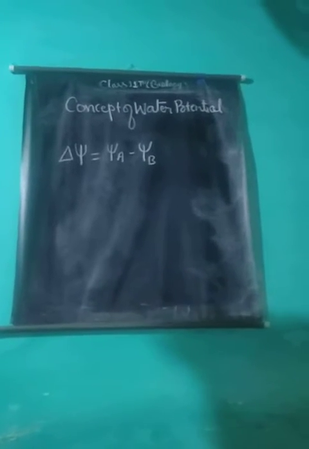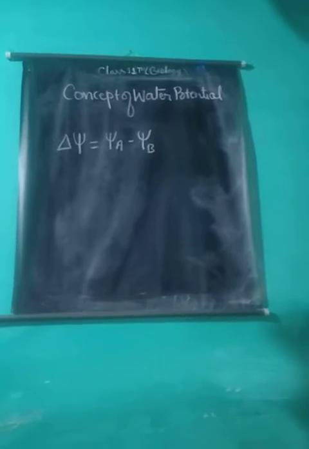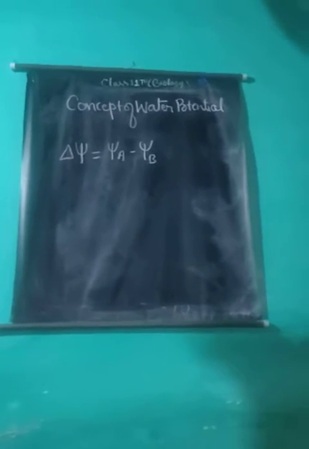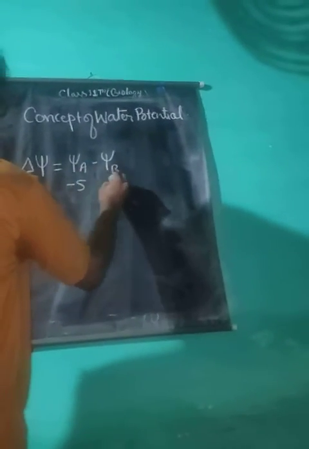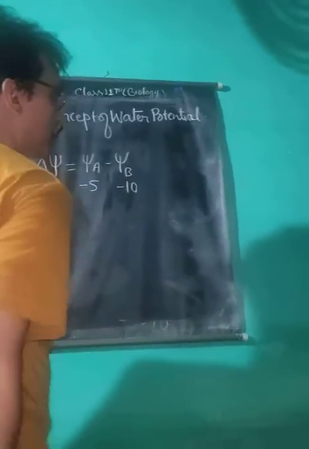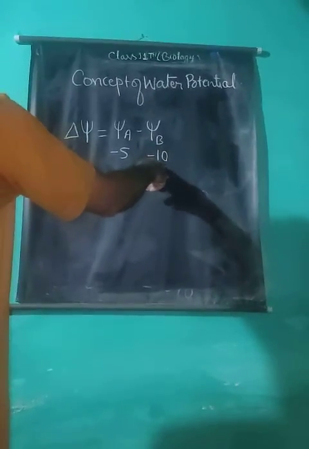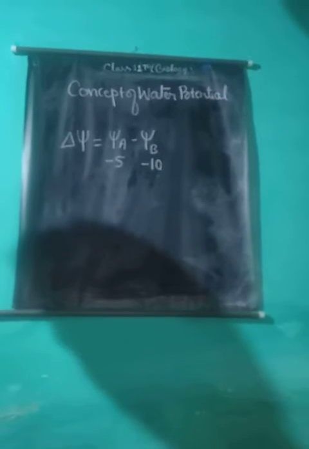Water potential is lowered by the addition of solute, and because the water potential value is 0 for pure water, all other water potential values will be negative. In other words, movement of water will take place in osmotic or other systems from a region of higher water potential, less negative, to a region of lower water potential, more negative. Suppose A is -5 and B is -10. Movement of water takes place from A to B until establishment of equilibrium.